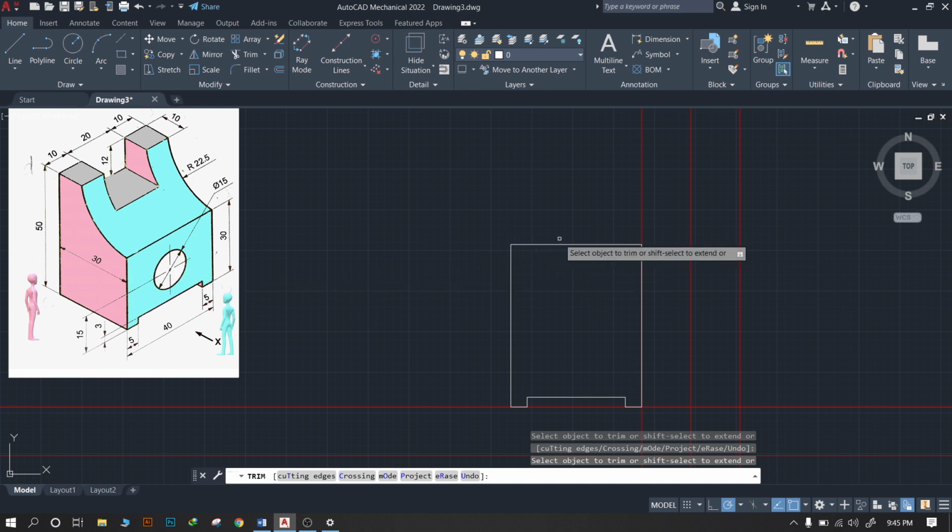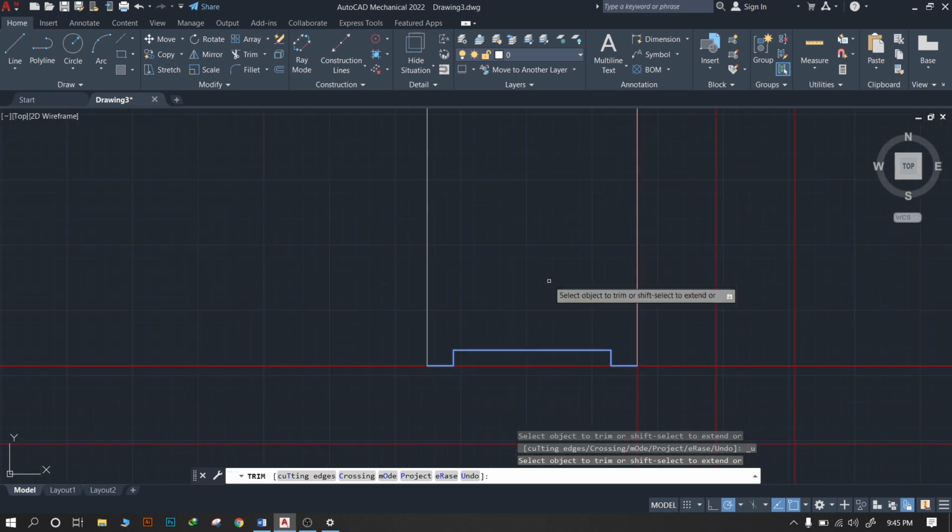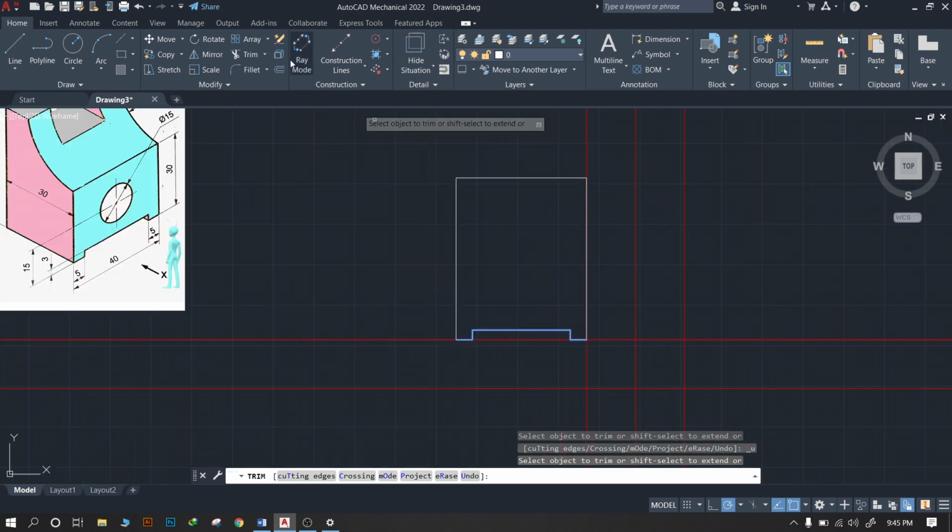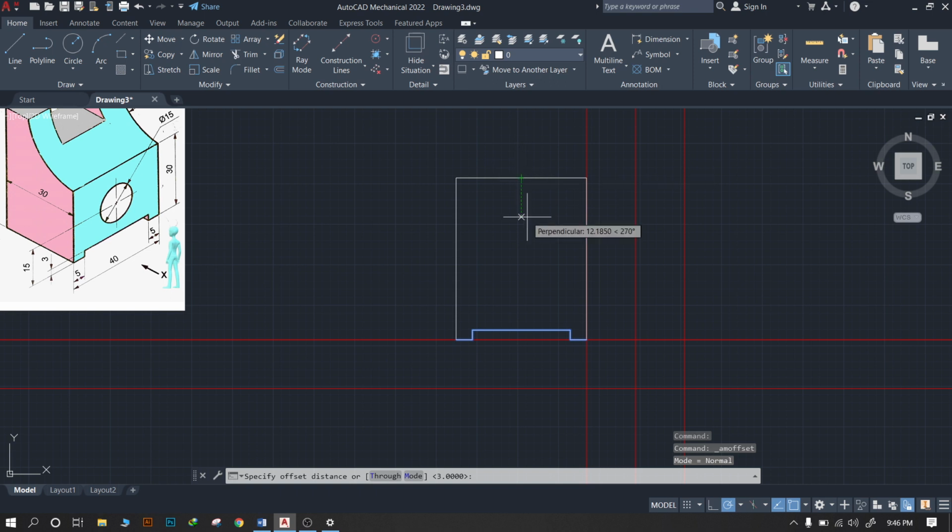It is very easy to take 30 mm from the bottom as well as 20 mm from the top. So I will select the offset command with a 20 mm distance and offset this particular line from the top.